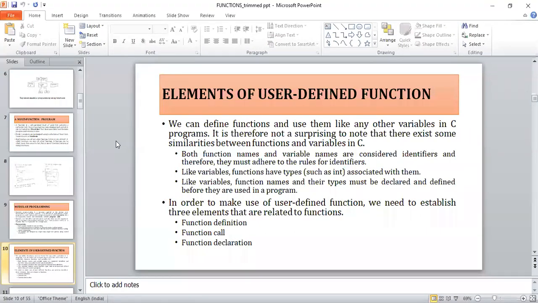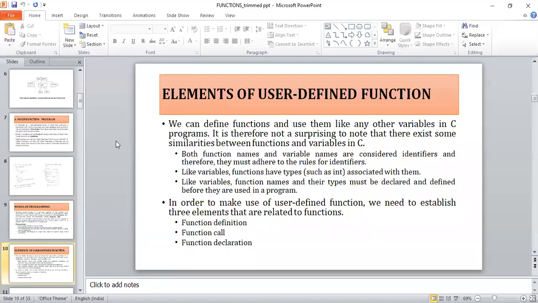And unlike ordinary variables, each function also has its own data type. For example, I might have used a variable named A which is of type integer. Similarly, if I want to write a function, I need to give it its own data type.